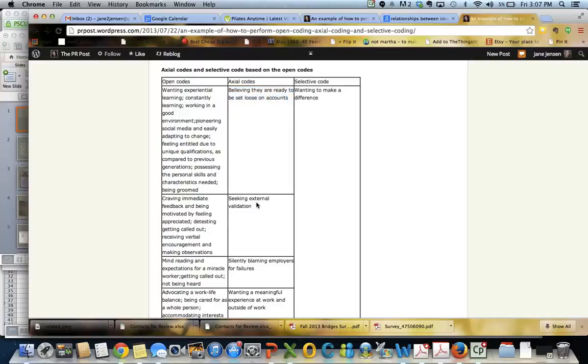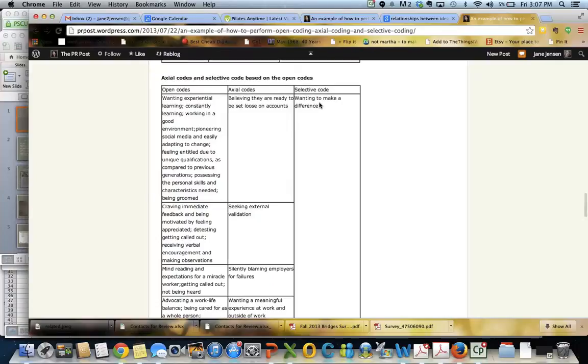This other group, seeking external validation, so forth and so on. And then you can see where we're going up in abstraction. She classifies all of these things under the large idea of wanting to make a difference.